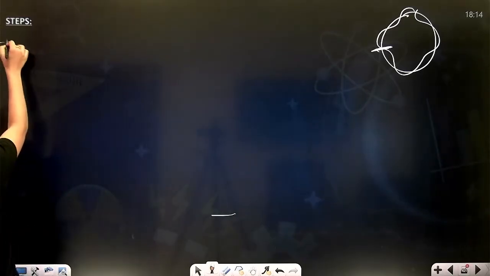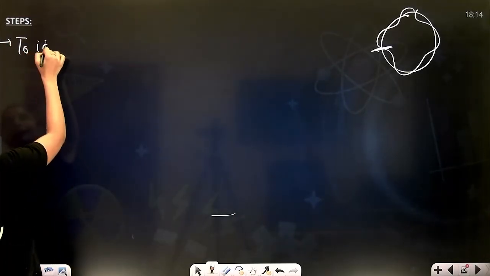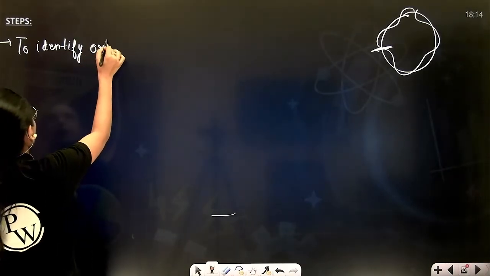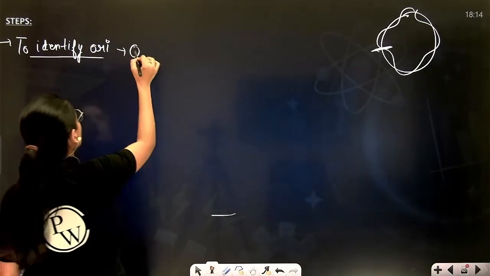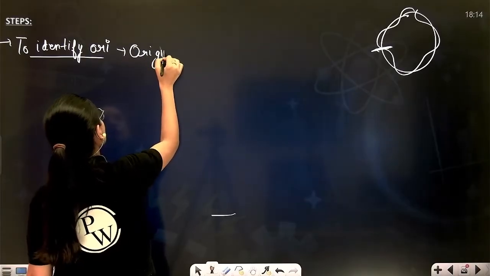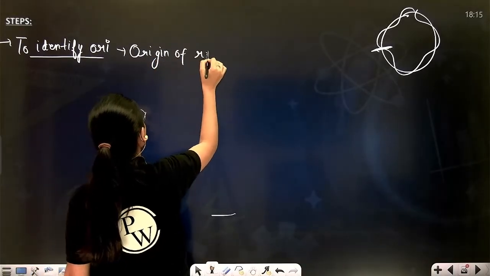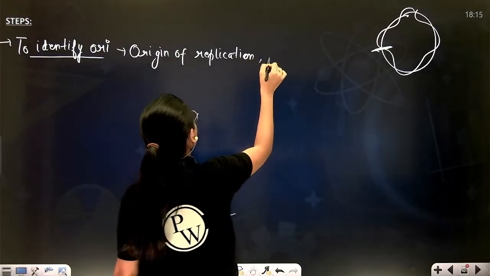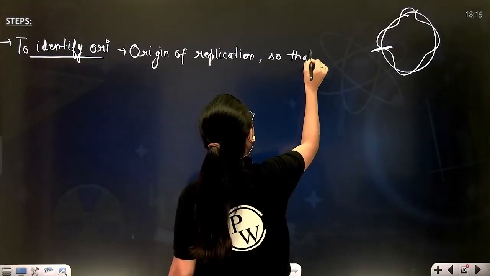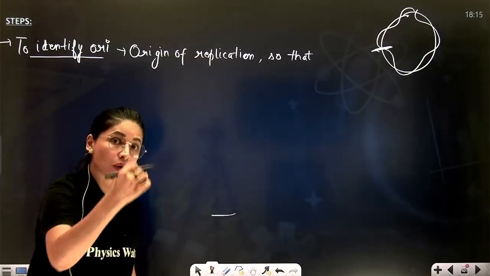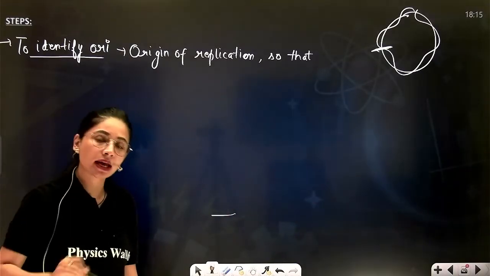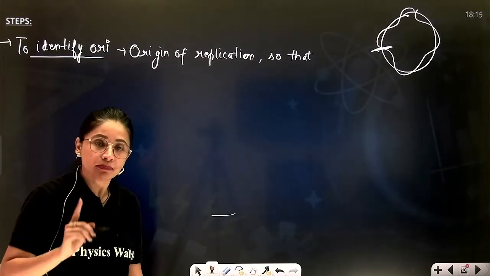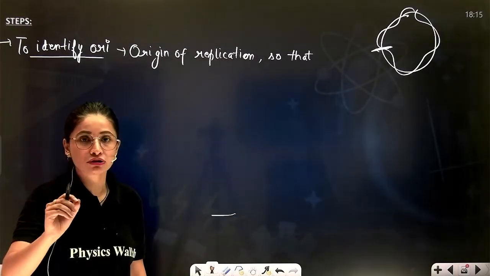First step, to identify ori. Ori stands for origin of replication, so that the process can start from the right location. There should be no error-prone replication, and for that, the very first important thing is that replication should start from